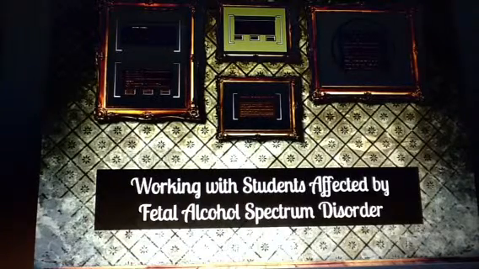Before we begin, I have two disclaimers. The first one is that there are no pictures in this Prezi. I know it is a bit misleading with the picture frame background. However, I do have a reason for this choice, and that is that historically pictures have been used in literature and media to indicate that there are higher rates of fetal alcohol spectrum disorder within certain cultures, ethnicities, and socio-demographic groups. I wanted to avoid perpetuating these stereotypes, so I have chosen not to use pictures, as well as I really wanted to emphasize that FASD is an invisible disability and that you cannot look at somebody and immediately identify them as having or being affected by FASD.